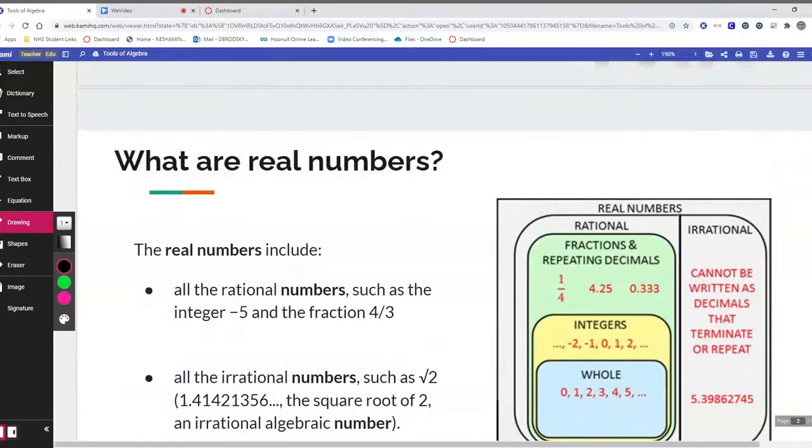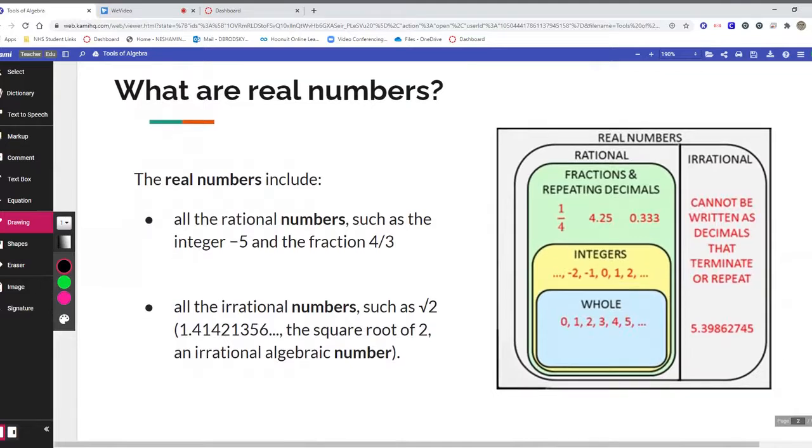And when we look at the real number system, the real number system includes all rational and irrational numbers. And what's an irrational number? A lot of times if somebody's irrational, you say, that person, they're not making sense right now. And if I look at a number like 5.39862745, that's not a number that I can really get a grasp of. It's just a wild kind of number. So irrational numbers often cannot be written as decimals that terminate or